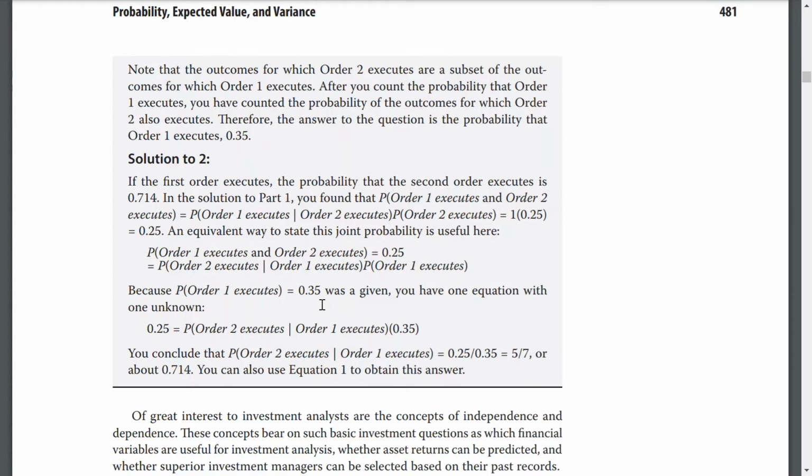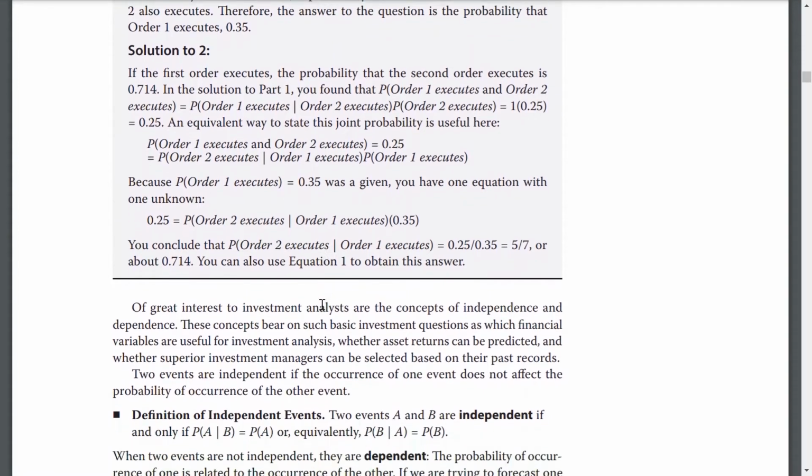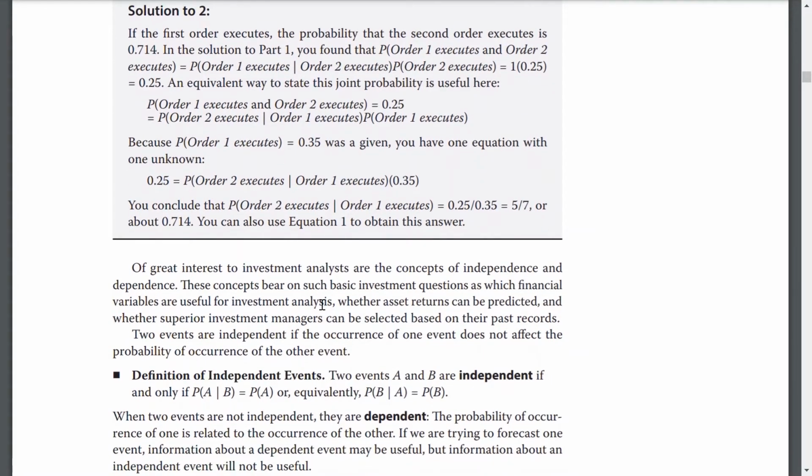Solution to 2. If the first order executes, the probability that the second order executes is 0.714. In the solution to part 1, you find that the probability of order 1 executes and order 2 executes is equal to 0.25. An equivalent way to state the joint probability is useful here. The probability of order 1 executes and order 2 executes is 0.25. The probability of order 2 executing given order 1 executing, multiplied by the probability of order 1 executing, which also gives us